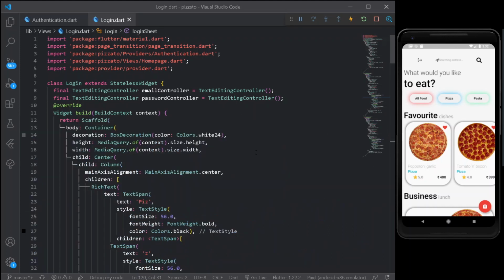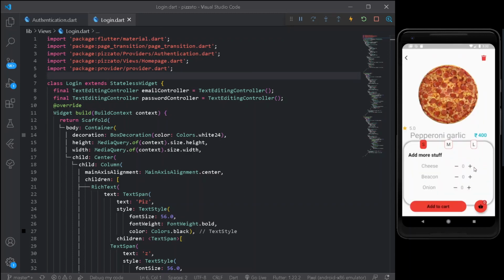So the third objective of today's video is nothing but simply deleting the value of the following cart. So for that I can simply go under my pepperoni garlic one. Here I can simply select the entire thing. Alright, let's increase the counter. Alright, the new data is inserted as we have implemented the following functionality in our previous video.